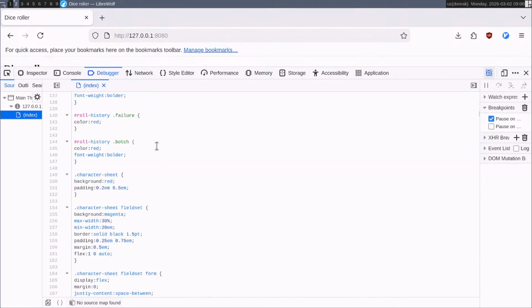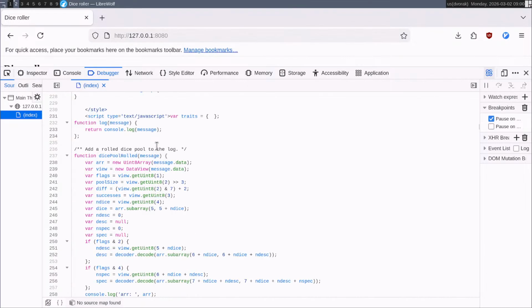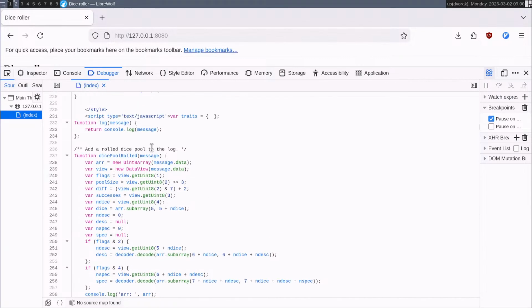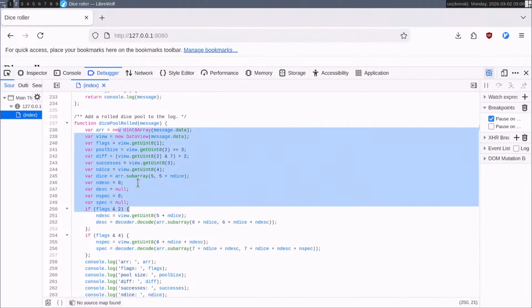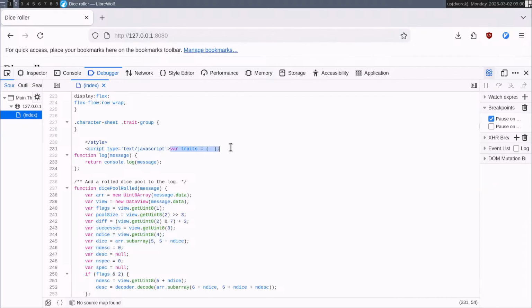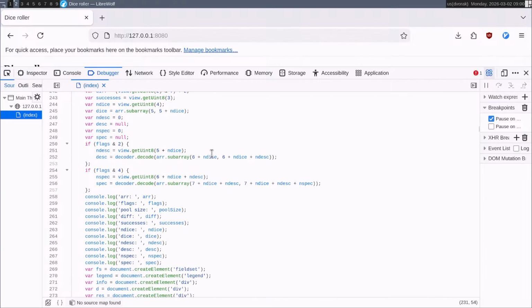Yes. Okay. So that's all thing. Here we've got JavaScript. The first thing that happens in my JavaScript is I make a new trait object. Very important. New traits object that is empty.